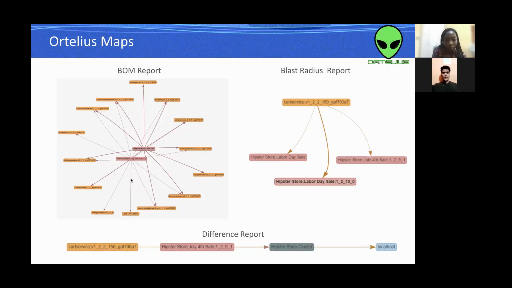Then all of that application, most of them. I think ad service is used by just web store Labor Day. So all other services are being shared by both applications, both the web store July and the web store. So this shows that